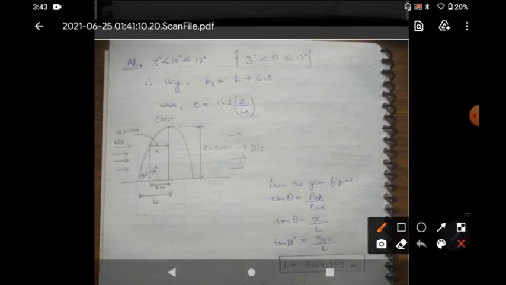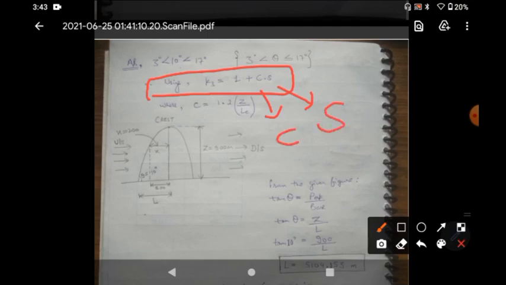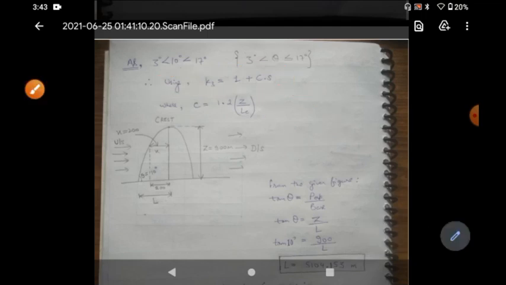Now, in order to find the value of C, this is the formula, K3 is equal to 1 plus CS. In this formula there are two unknowns, the first unknown is C and the second one is S. C is equal to 1.2 into Z upon LE. This is the basic formula to find the value of C. In this type of question where theta is greater than 3 degree, some values are already given in the question, like